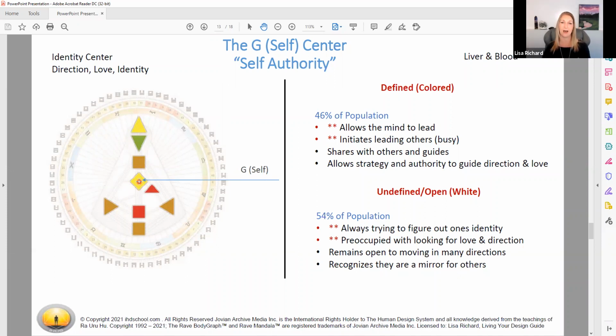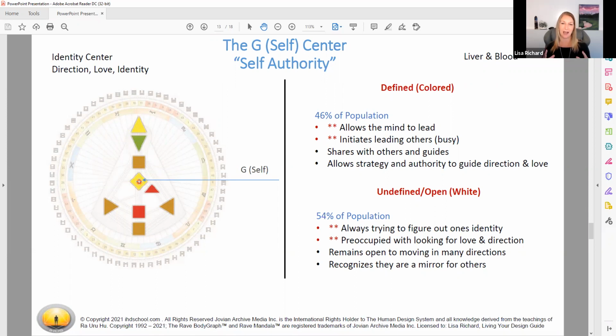So because that is defined, we are here to help guide others towards the direction that is right for them, towards figuring out who they are. It is not meant to be here to tell other people what to do. So again, that's a conditioned energy that becomes bossy, that tries to play that matchmaker. Those are not things that are healthy. In our own energies, we are here to realize for ourselves where we want to go, who we want to be, and what resonates with us. Nobody else can tell you except for yourself what is right for you.